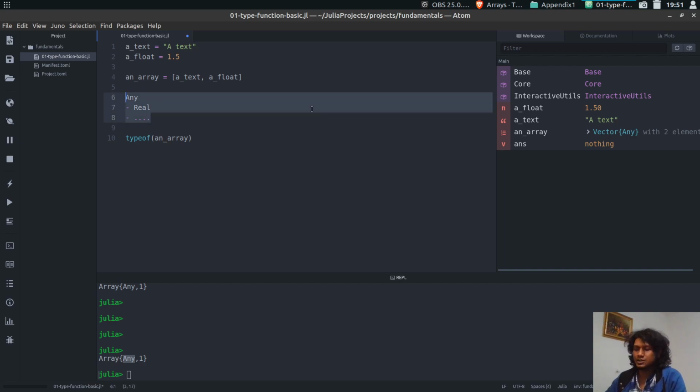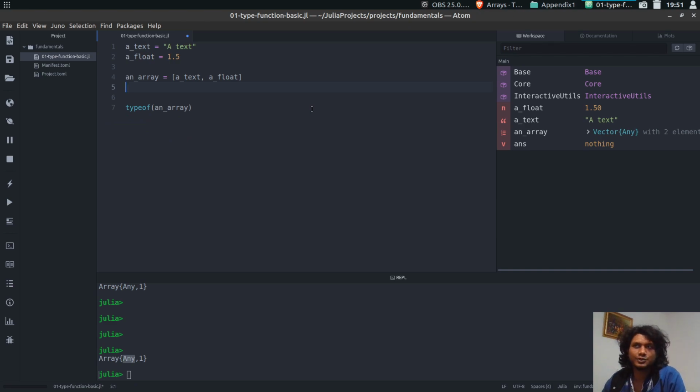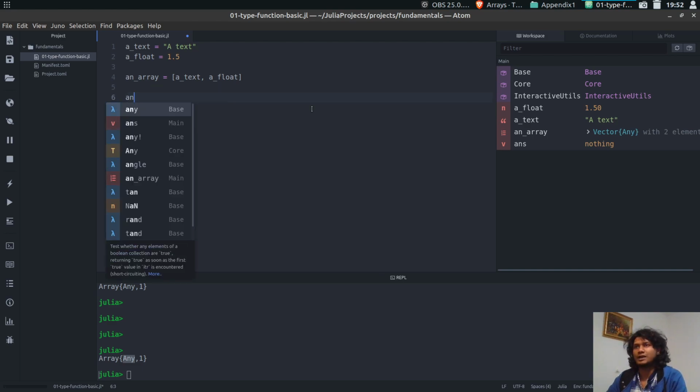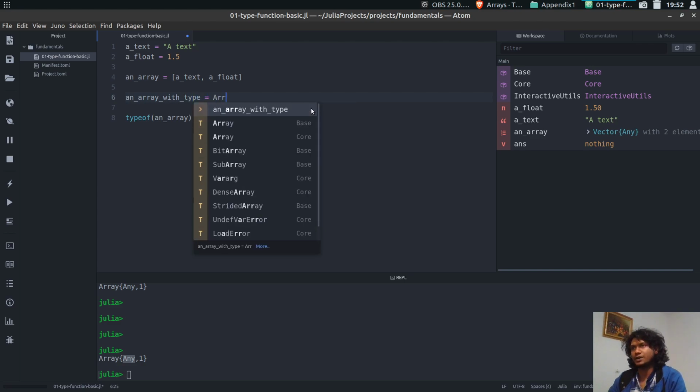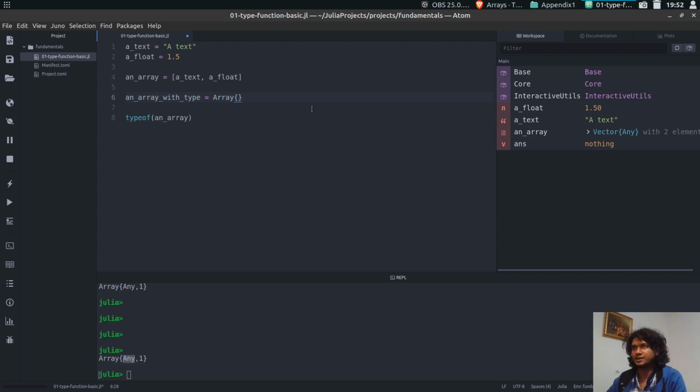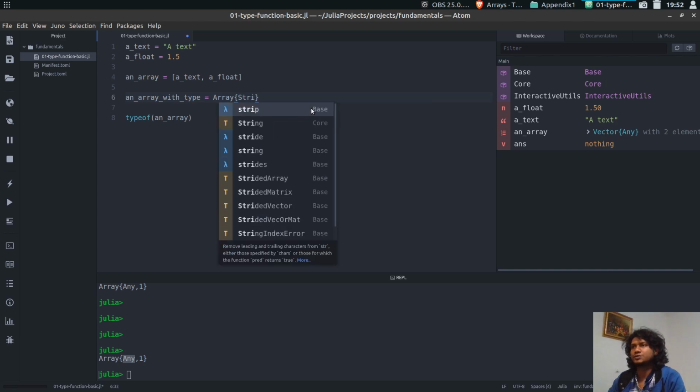If Julia is not sure which type should be the internals, it will put type Any, but we can restrict that. We can create an exact array with internal types. So an array with type will be Array, and we can specify that the type will be a string,